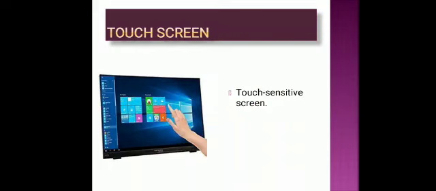Using touch screen, we can even finger paint with the Paint software. The use of touch screen can also be experienced in mobile phones, tablets, ATMs, ticket collection terminals, etc. So this touch screen feature is familiar for all of us.